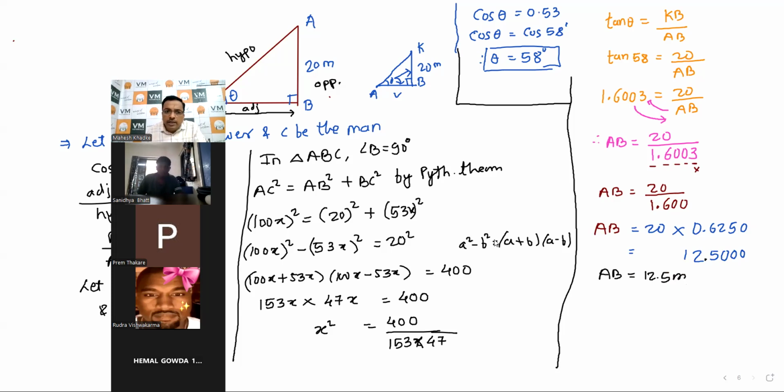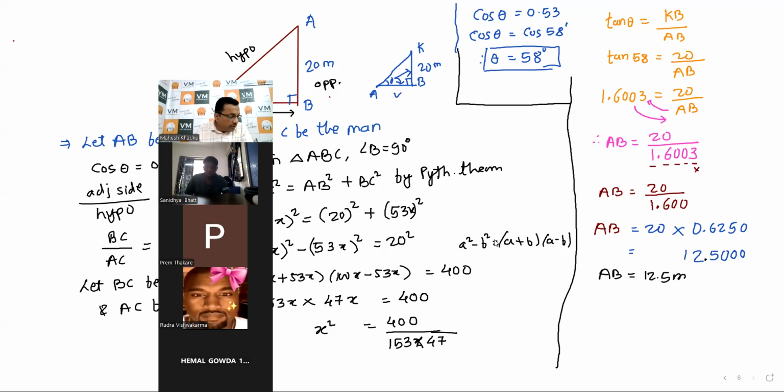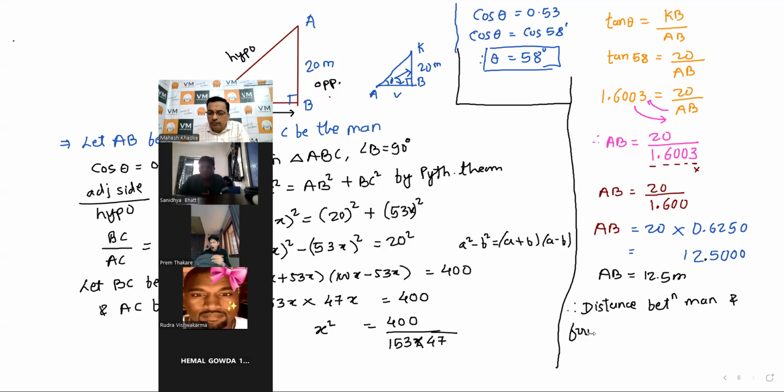This is of AB. What was AB? It is the distance between the man and the foot of the tower. So the distance between the man and the foot of the tower